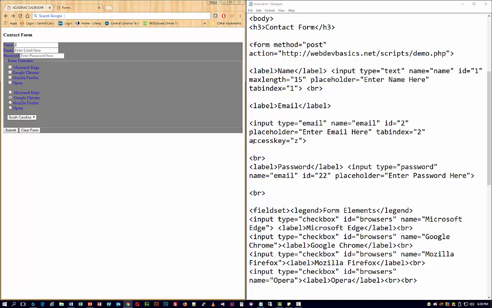They're supposed to give you a shortcut key so you can access certain types of elements. Yeah, so I'm going through my